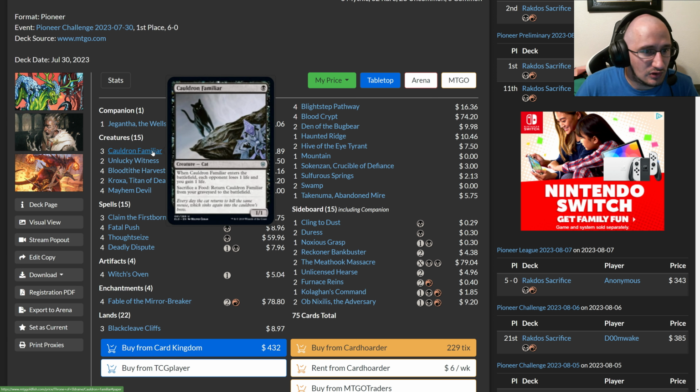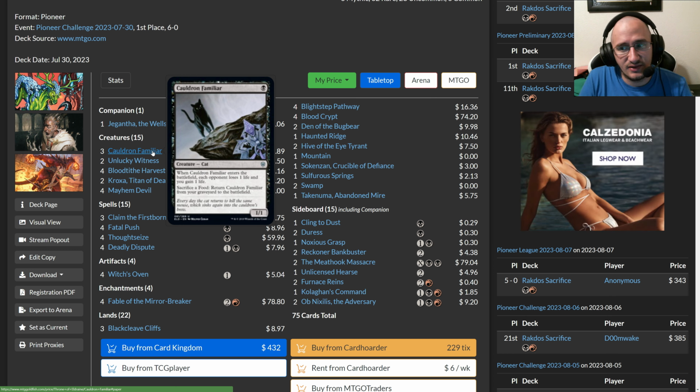A neat trick that you can do with the Cauldron Familiar, if you have multiple food tokens and not very many sac outlets, is that with a Mayhem Devil in play, you can sacrifice a food, put Cauldron Familiar's ability to return on the stack, and then hold priority and sacrifice more food tokens to activate it more times. If you just need a big burst of damage, maybe clearing away some creatures or even just finishing off your opponent,